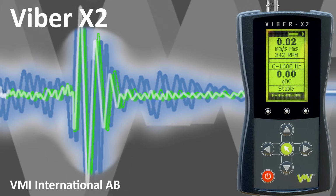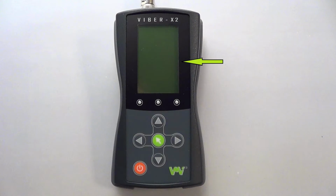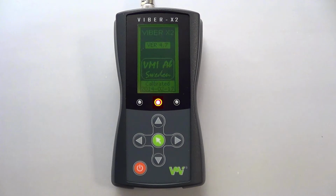Viber X2's capabilities. The device has a digital display, 3 LEDs, green, orange and red, 4 arrow keys, a green menu key, and a red on-off button. We press this to turn on the device. The digital display will light and the LEDs will flash once in sequence, green, red, orange, as part of a